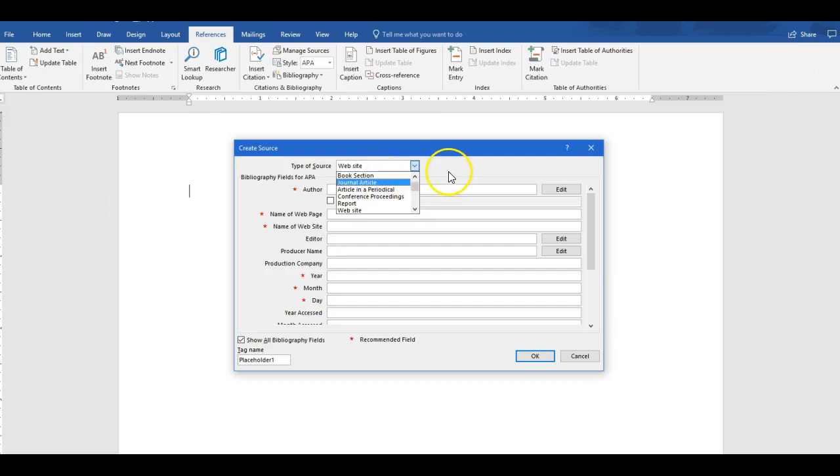Okay, so we'll begin, and you make that selection here, and that will change what populates down here based on your selection. Because what's needed for a website is different than a book, and is different from a journal, etc. So we'll keep it with website, and I'm going to put that there is no author for this one, so I'll leave that blank. The name of the web page is